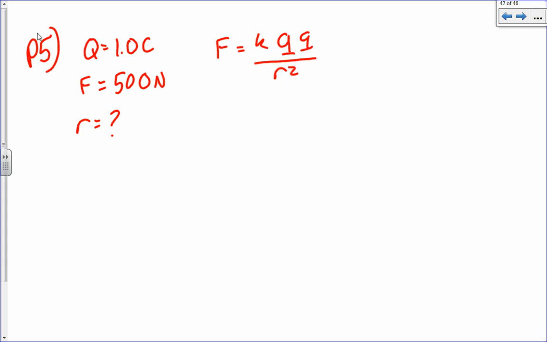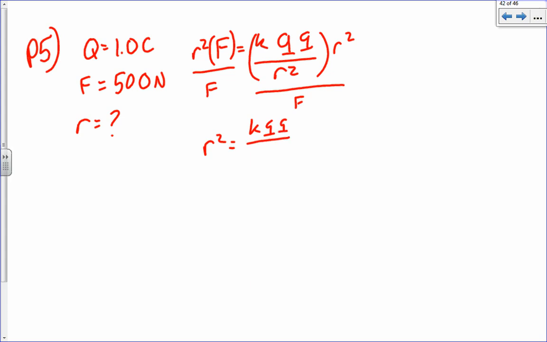If I want to solve for R, I'm going to multiply both sides by R squared and divide both sides by F. And so that means that R squared is going to be K Q Q over F. And then I want to take the square root of both sides. So R